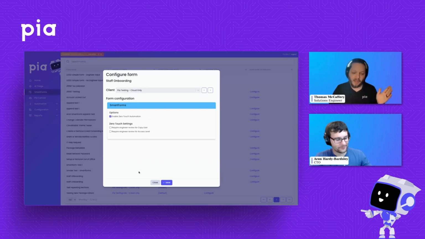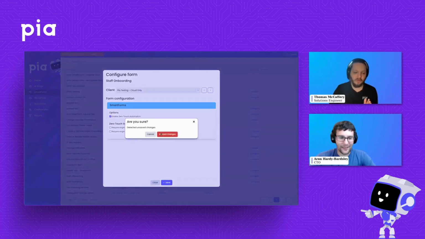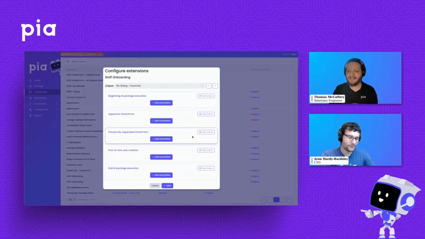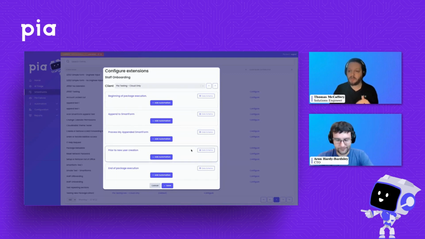Fantastic. Awesome. One more thing I want to show you guys on this page before we move on is this extension section as well. Now, we mentioned that it is super easy to attach your own code or form segments onto the Pia SmartForms, and this is essentially how you do it. You have multiple areas where you can insert your code within the process to allow Pia to augment and enhance what it does out of the box without having to edit the original. You can just create your small extra task, your extra form, and essentially just bolt it on in this page here.